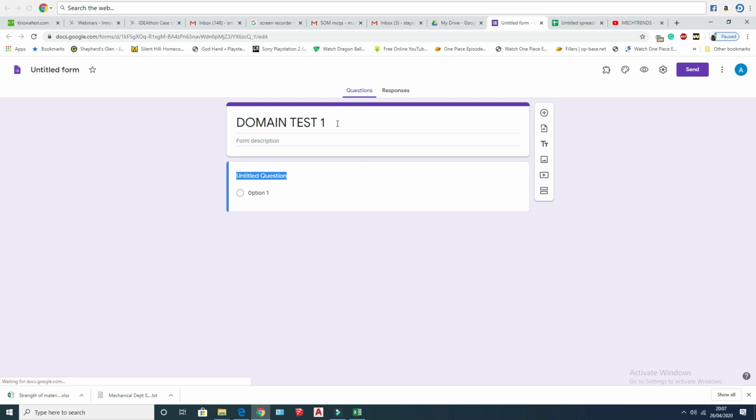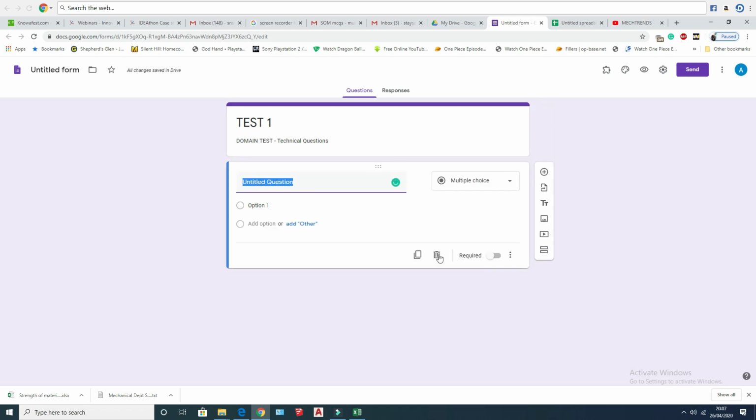You can just change the title of the form, and you can give a form description if needed. In the earlier stage we would post questions one by one. Now we can see how.